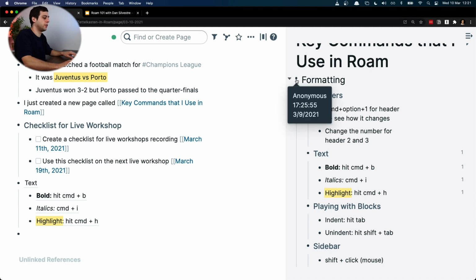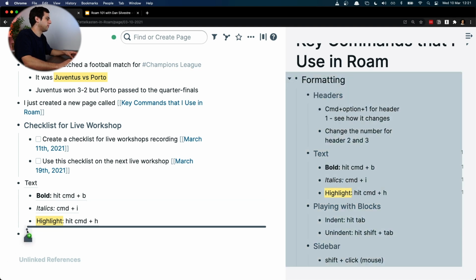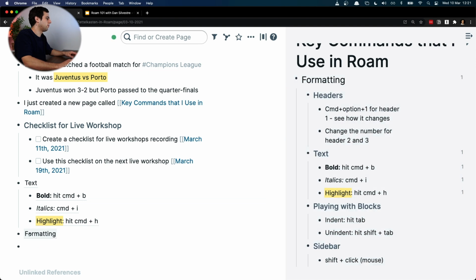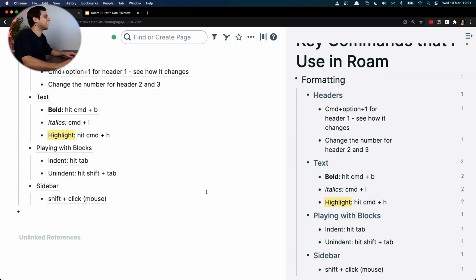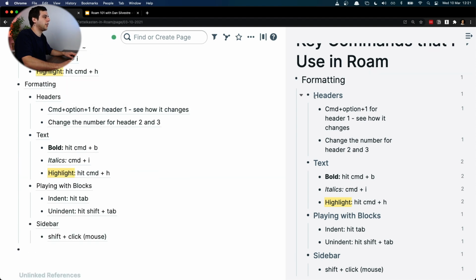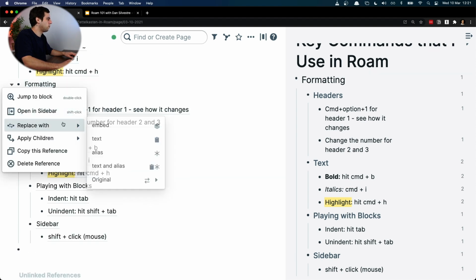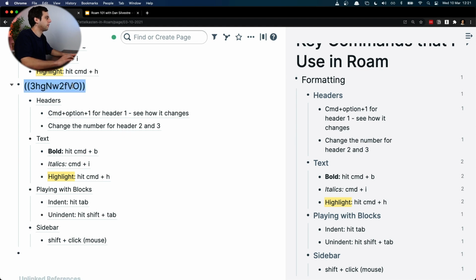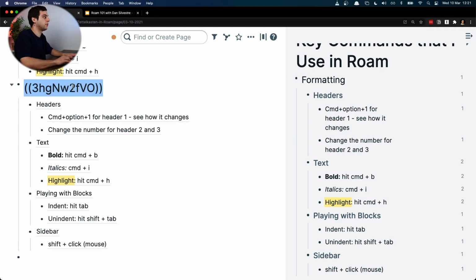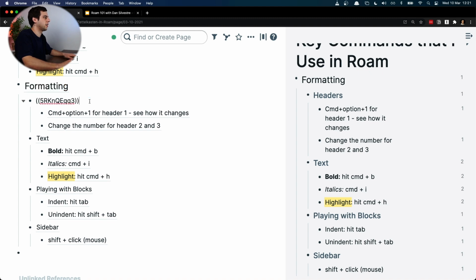You can even do this one, right? Just option, move it here. There you go, formatting. Oh, you want to apply the children as reference? No problem. Here's everything that you wrote. You want to keep the formatting? I think there's kind of a way that you can do this. Copy this reference. You want to apply the formatting, and now because it's a block, you can change it around. It still works as text. So this header 2,